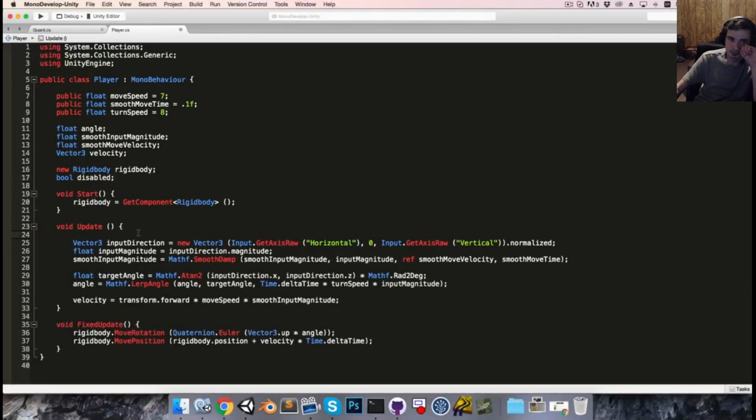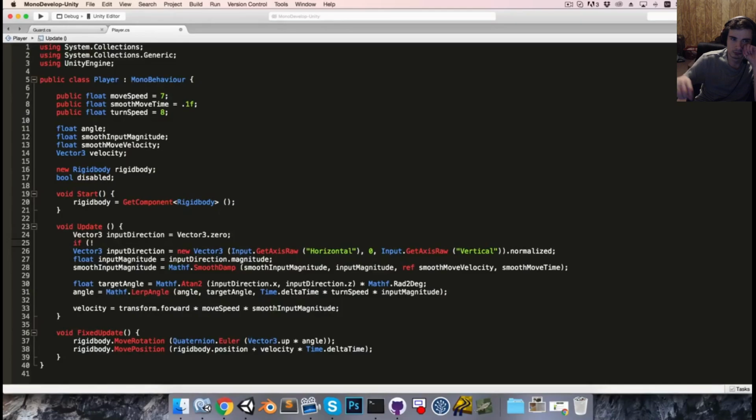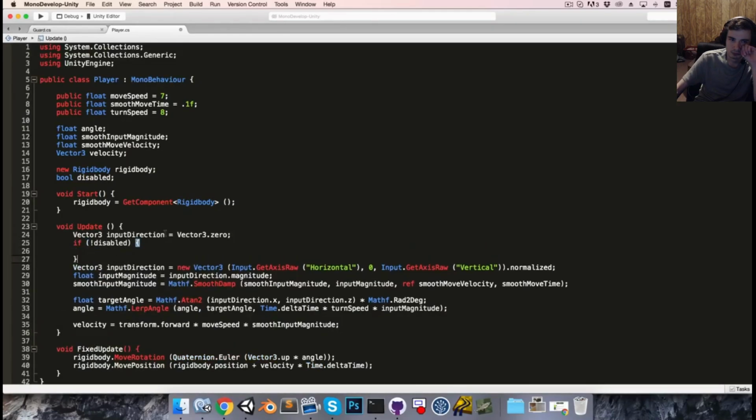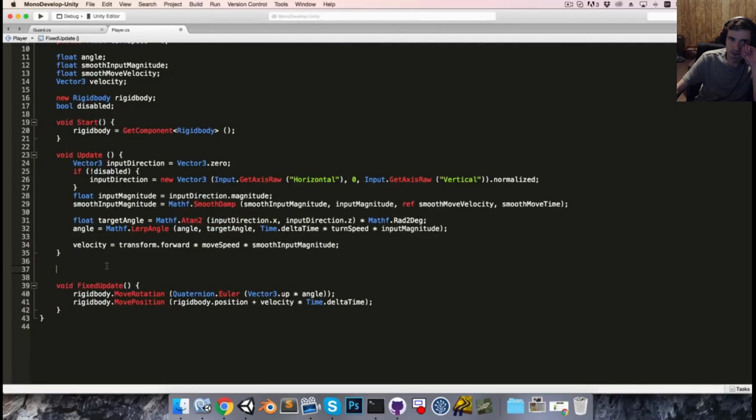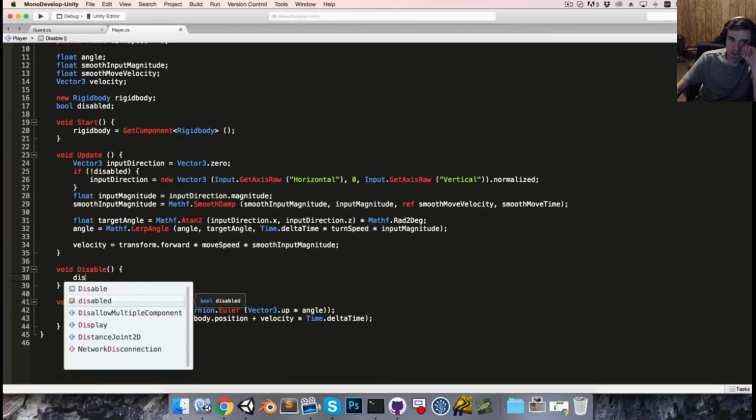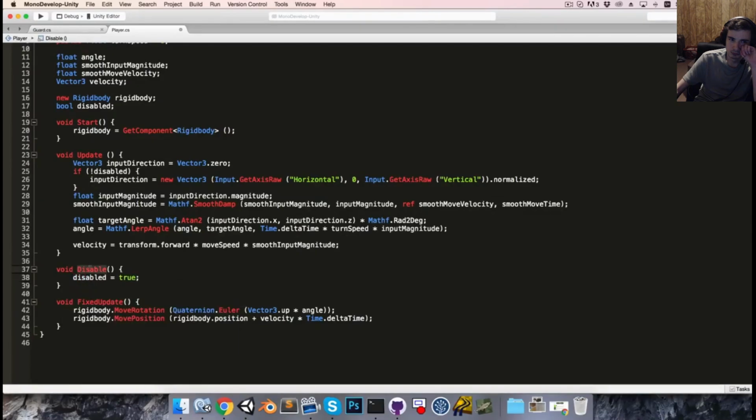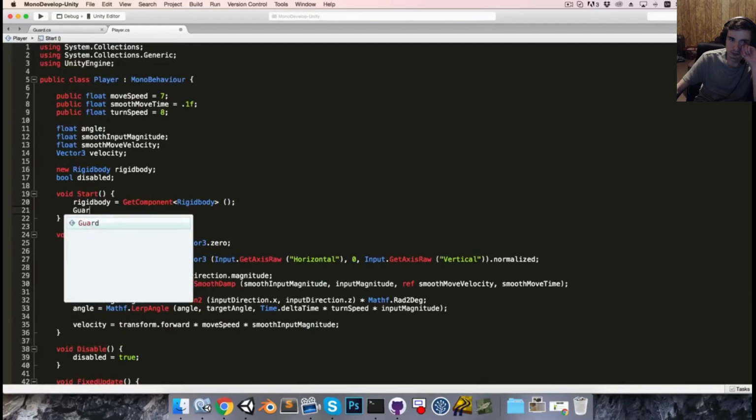And in the update method, I'll start by saying Vector3 input direction is equal to Vector3.zero, and then only if the player is not disabled will we actually set input direction equal to the input. So I'll just cut that in there, like so. Alright, now I'm going to make a method called Disable, which is simply going to set the disabled bool equal to true, and we want this method to be called when the player has been spotted by a guard. So in the start method, we can say guard.on